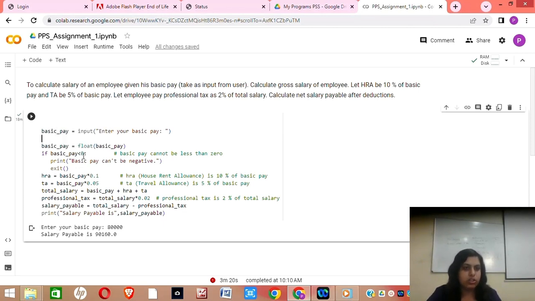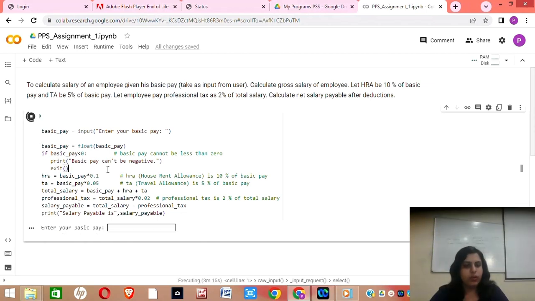And when this condition is true, at that time it will go to the next line and print the message written inside print function. Our message is basic pay cannot be negative. And when this condition is false, at that time it will directly go to the exit function and come out of the loop.